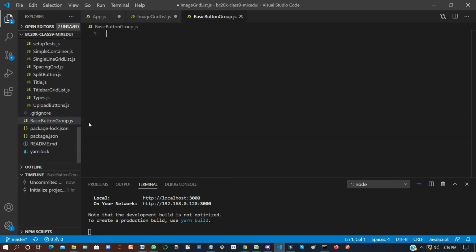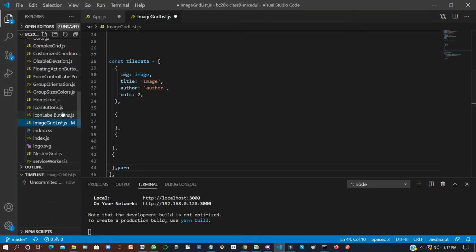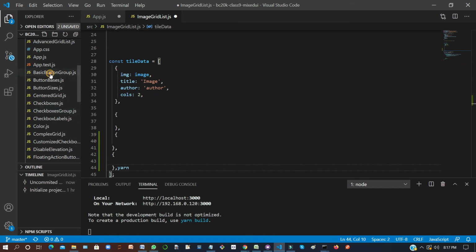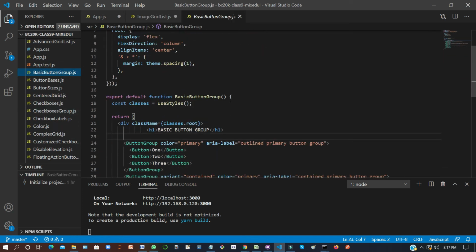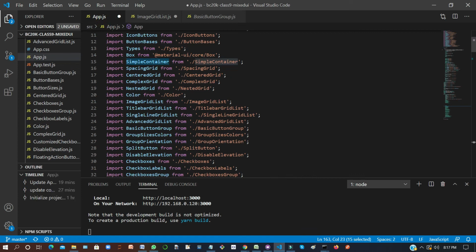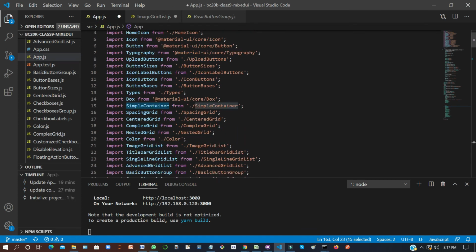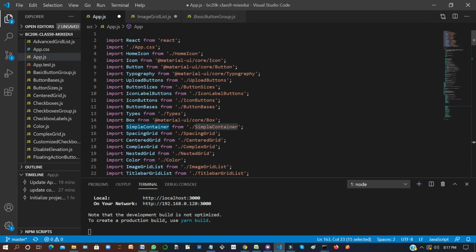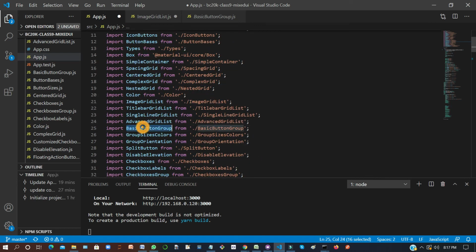It will not allow me because I already have it. I will delete this one, basic button group, and paste this code here, this button group. And of course this function I have to copy also in this app.js, basic button group.